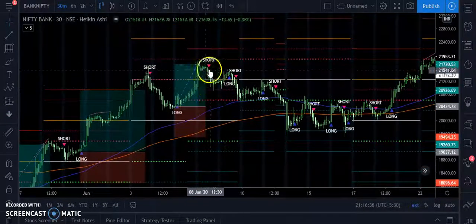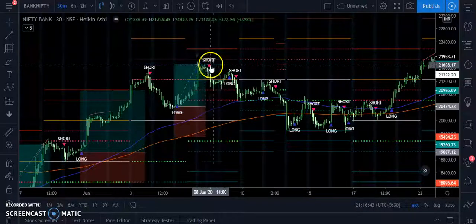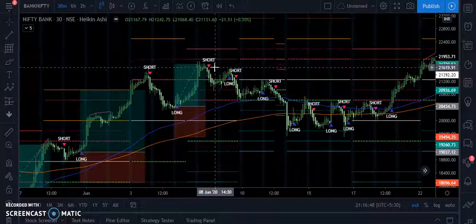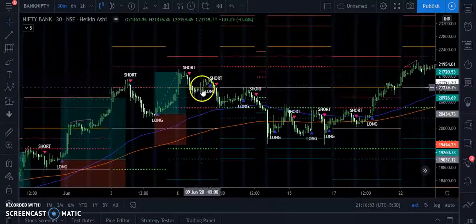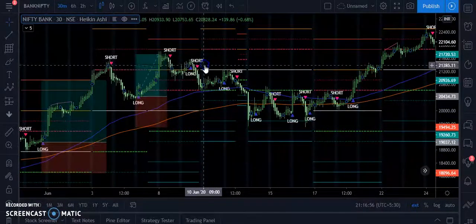Again the price went and it came to this particular resistance region and it didn't break that region, and your take profit would have hit. Or you can use a trailing profit. So in both ways you are making profit here. Here we got a long and short immediate signal, but no worries.